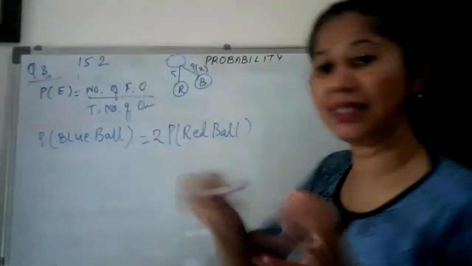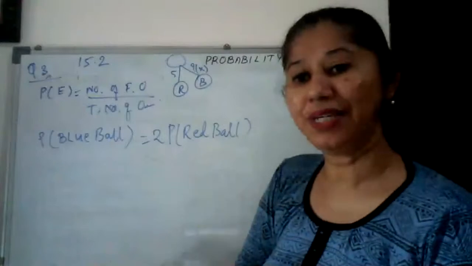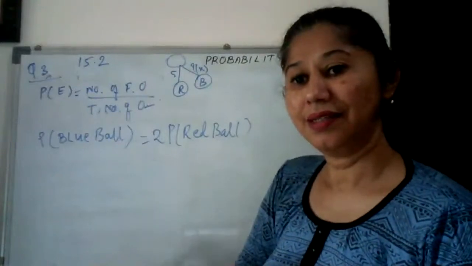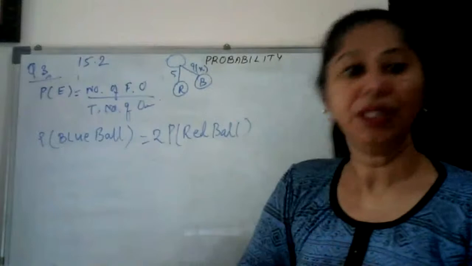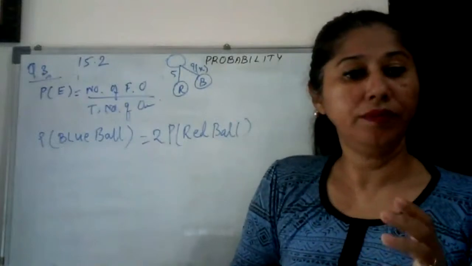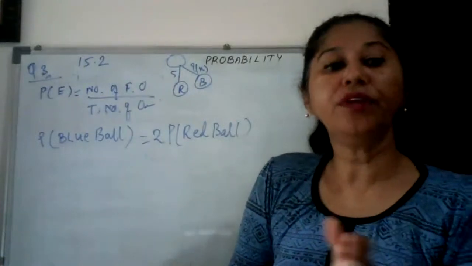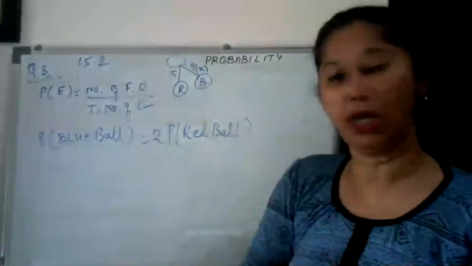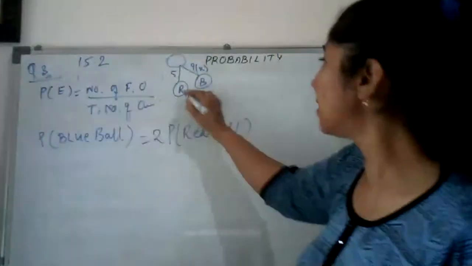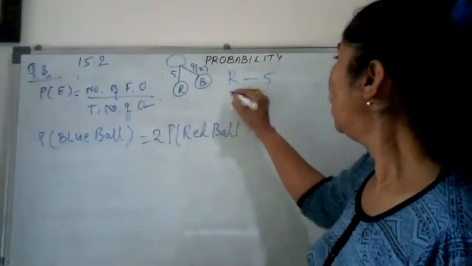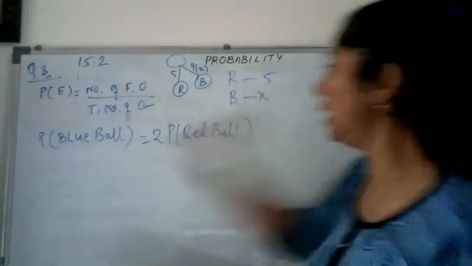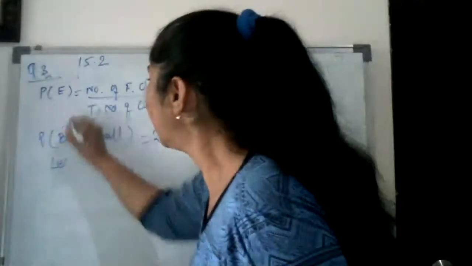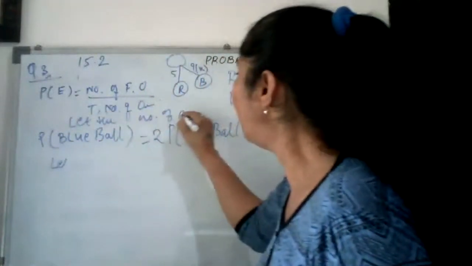Do you understand this kind of, you remember this equation? Yes, kind of कोई relationship दी हुई है. ठीक है. If one determines the number of blue balls in the bag, तो हमारी प्रोबेबिलिटी की फॉर्मूला क्या कहते हैं? नंबर ऑफ फेवरेबल और नंबर ऑफ टोटल आउटकम. तो सपोज हमारे पास रेड बॉल कितने हैं? 5 है और ब्लू बॉल हमें नहीं पता, तो मैं ले लेती हूँ लेट. ओके, तो पहले लिख देती हूँ लेट द नंबर ऑफ ब्लू बॉल्स